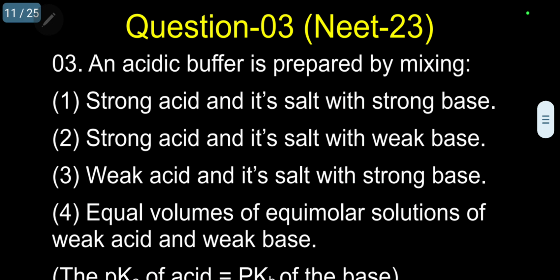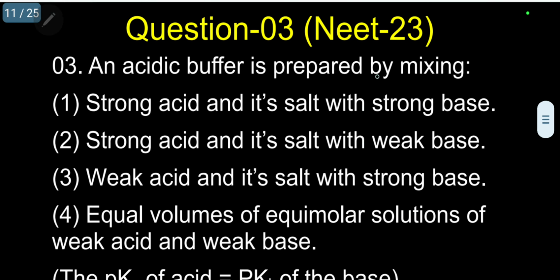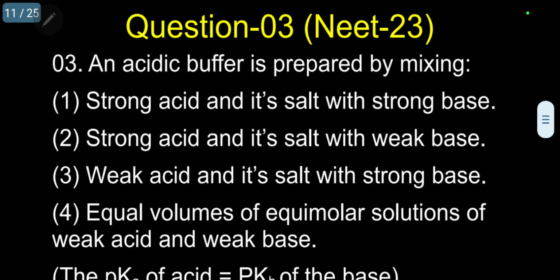Question number 3. This is the question asked under buffer solutions. Kindly follow. An acidic buffer is prepared by mixing... What might be a buffer? First you must know what is meant by buffer. A buffer may be an acidic buffer, basic buffer, neutral buffer or amphoteric buffer, 4 types. Here the question asks about an acidic buffer. So an acidic buffer is one normally prepared